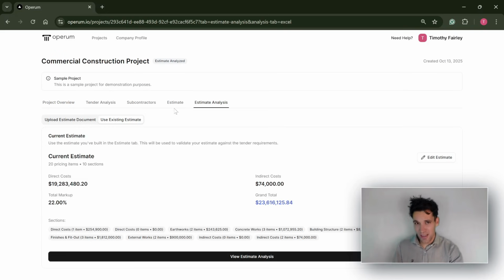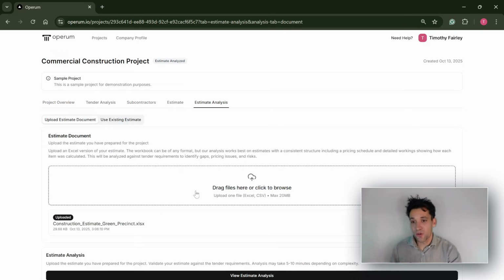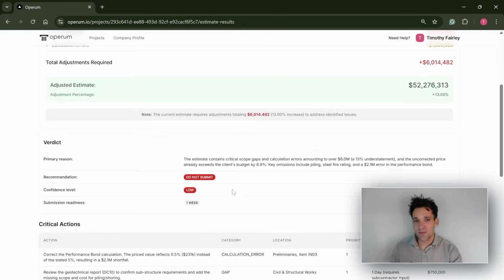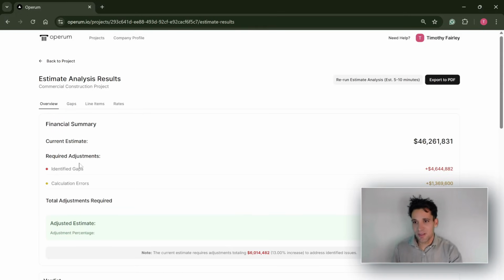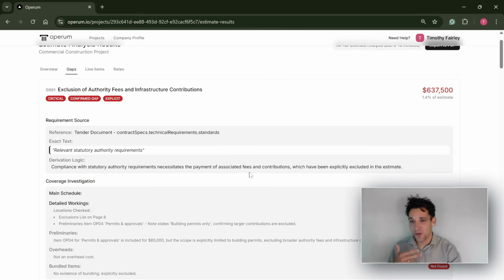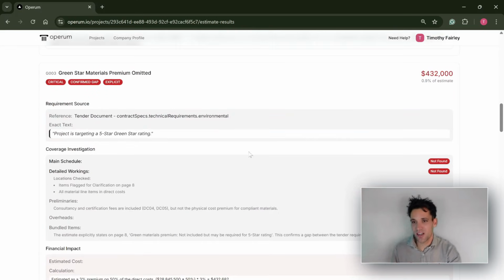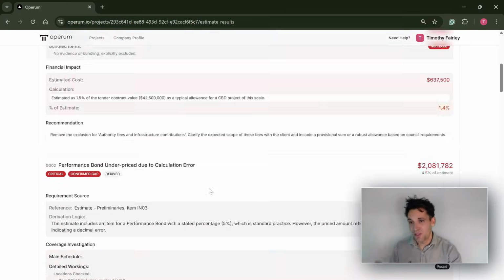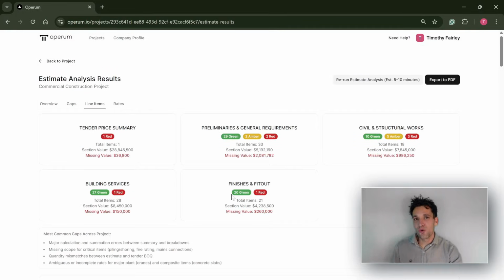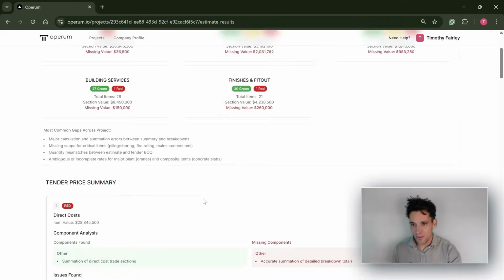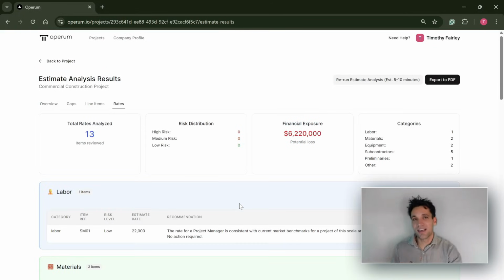You can either do this with the estimate you built in Operum or upload your own Excel pricing workbook to the system. Then using our AI system, it'll analyze your construction estimate to identify gaps, so missing scope from your estimate, such as missing permits, calculation errors, missing scope, missing quantities, and then it'll go through all the line items in your estimate to check for any calculation issues or scope gaps, and finally, it'll do a sanity check of